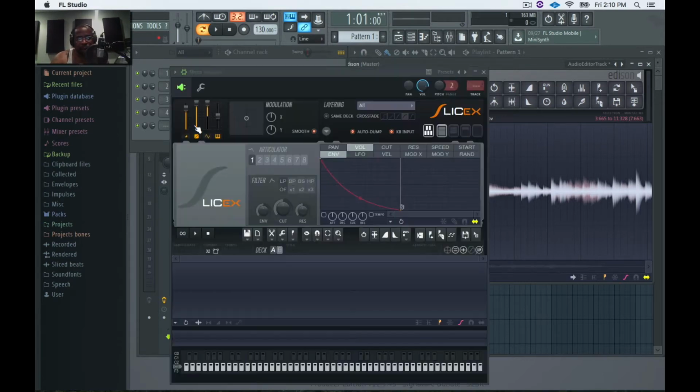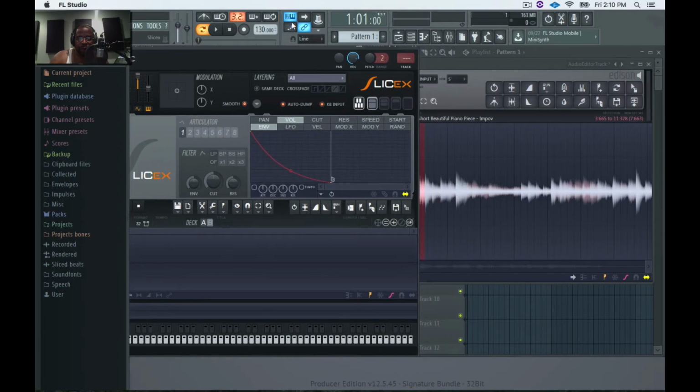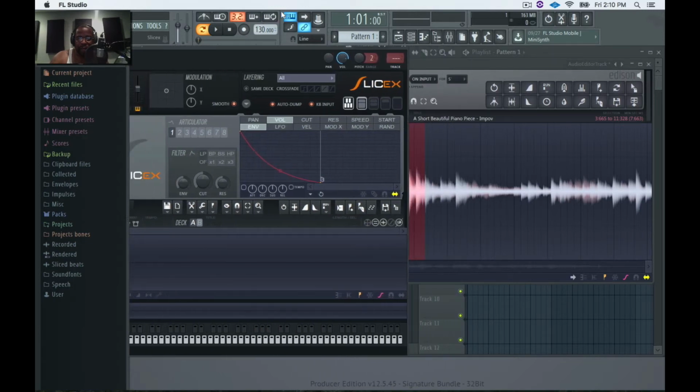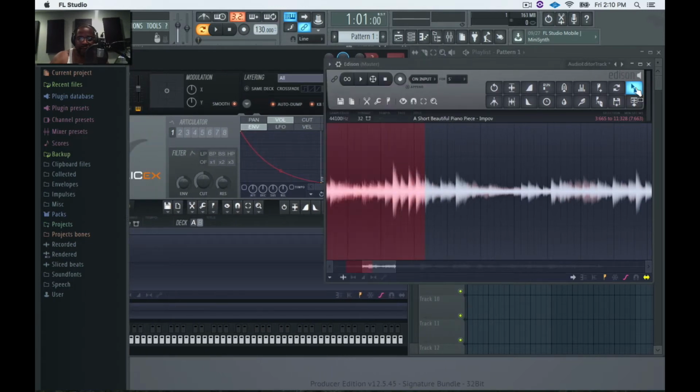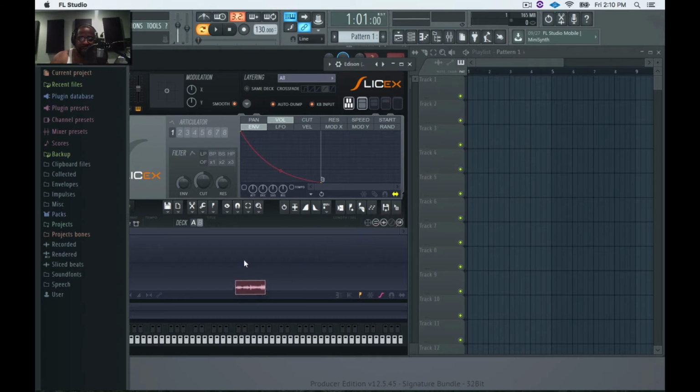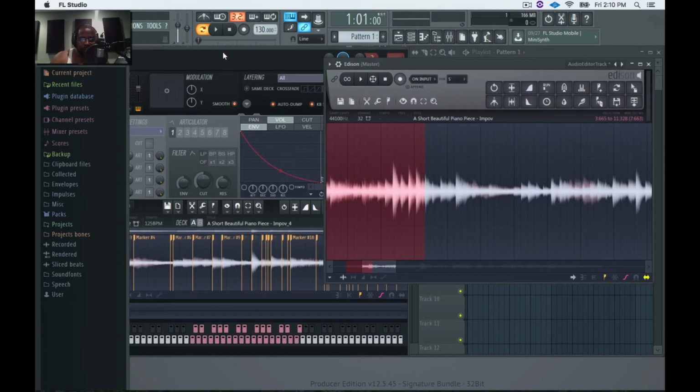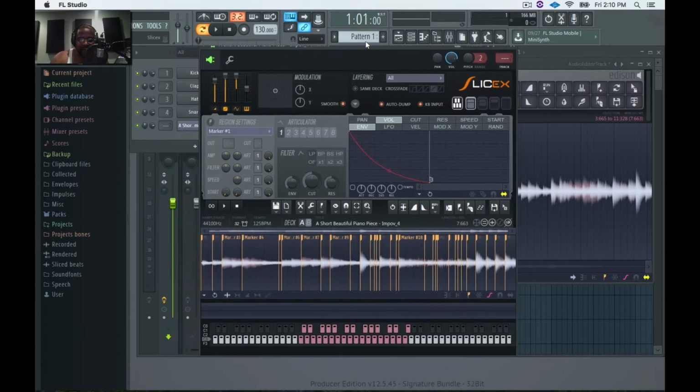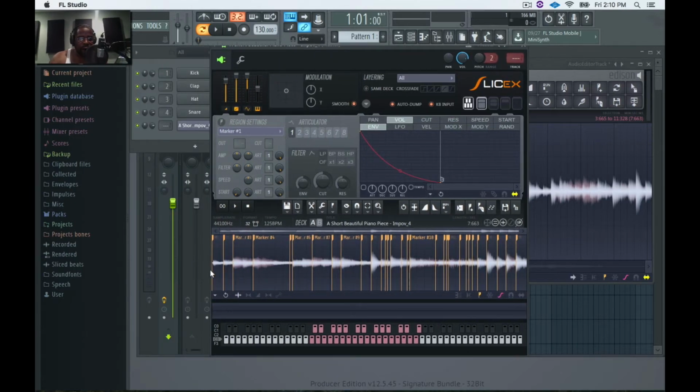I can open up an instance of SliceX. What I can do now is take this and drag it into SliceX. Once I put this into SliceX, as you can see, all of the markers are set on different transients. So when I play it on my keyboard,